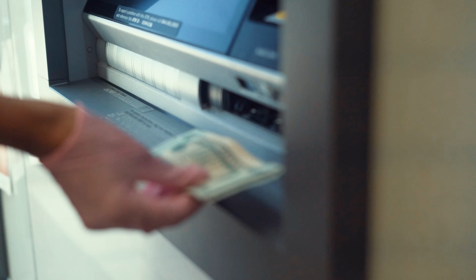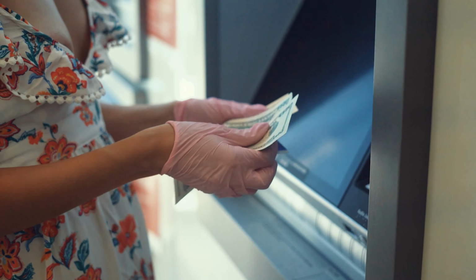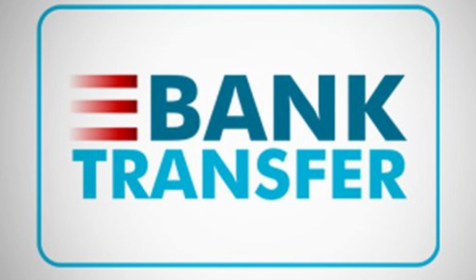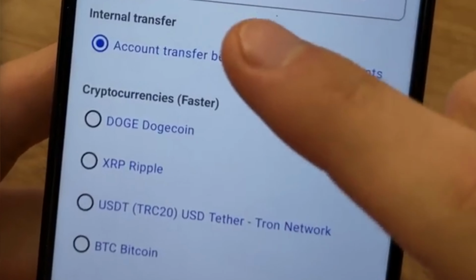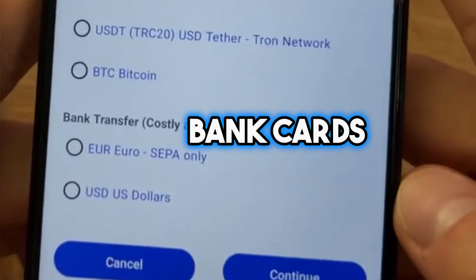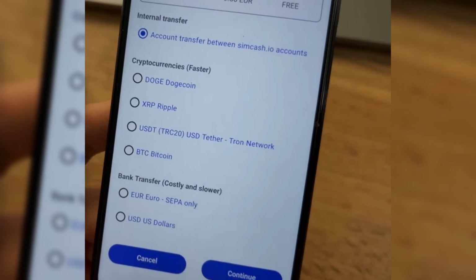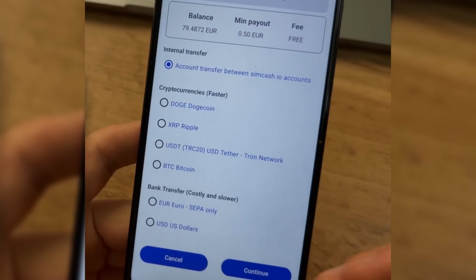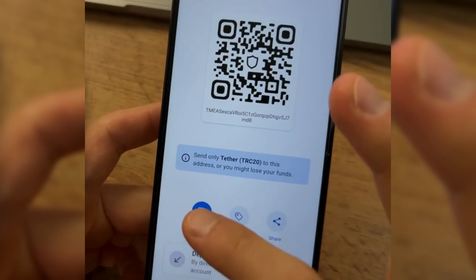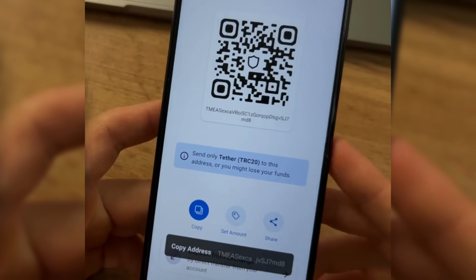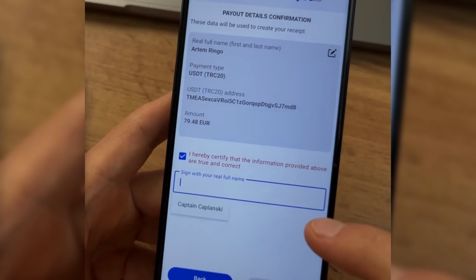The minimum withdrawal amount is 0.5 euro, and I have various options for withdrawal, including bank transfer, cryptocurrency such as Dogecoin, XRP, USDT, Bitcoin, and bank cards. Cryptocurrency is widely available, making it accessible to everyone. For this demonstration, I chose to withdraw the money to my Trust Wallet using USDT. I copied my USDT address, specified the maximum amount for withdrawal, entered my full name, and provided the code received